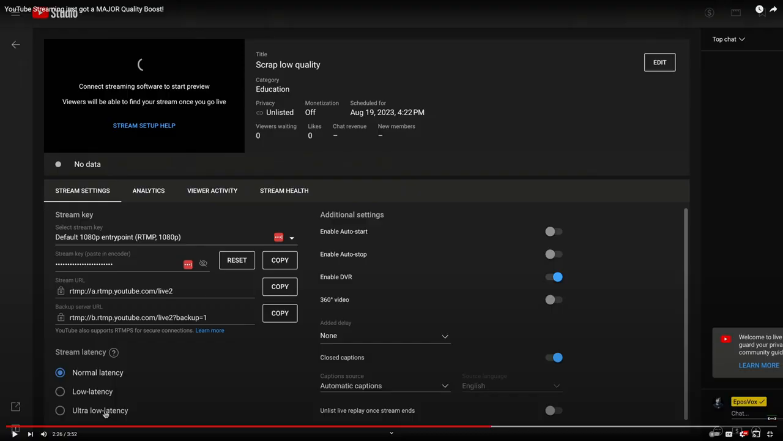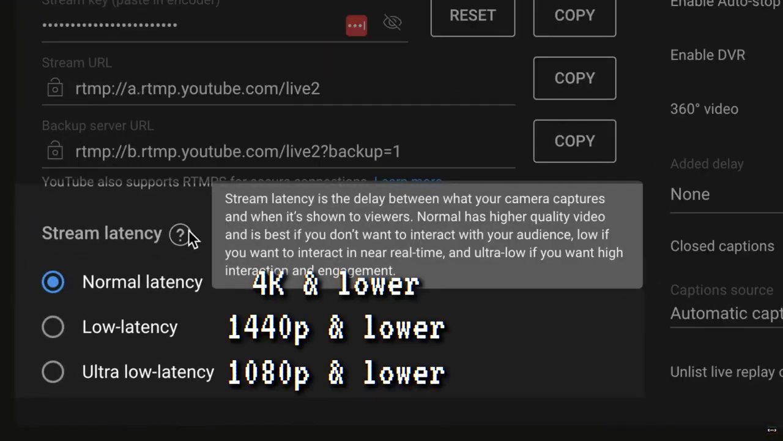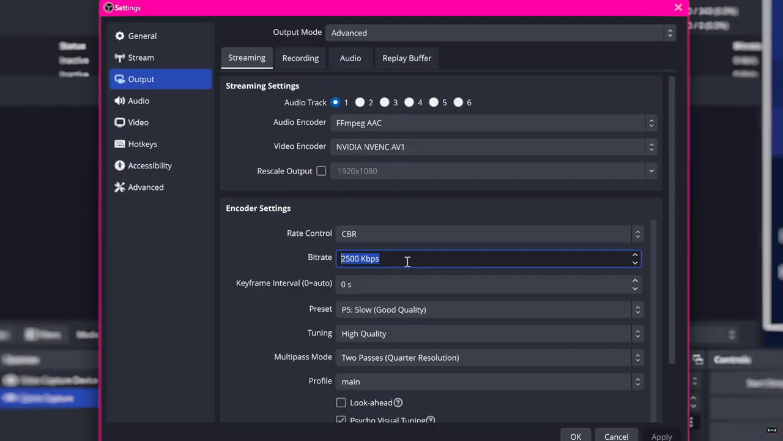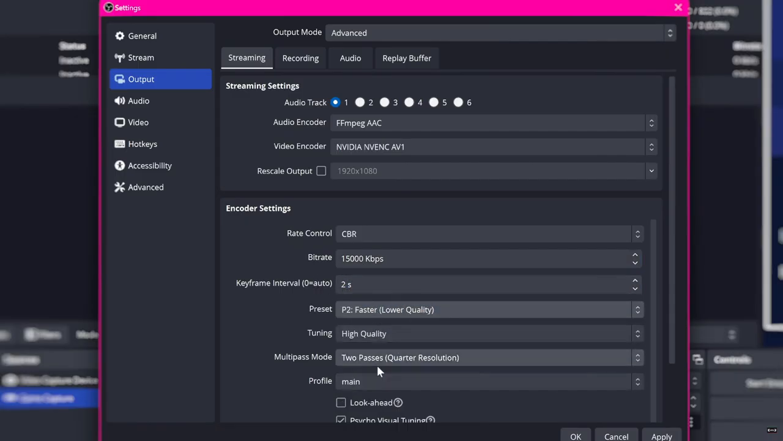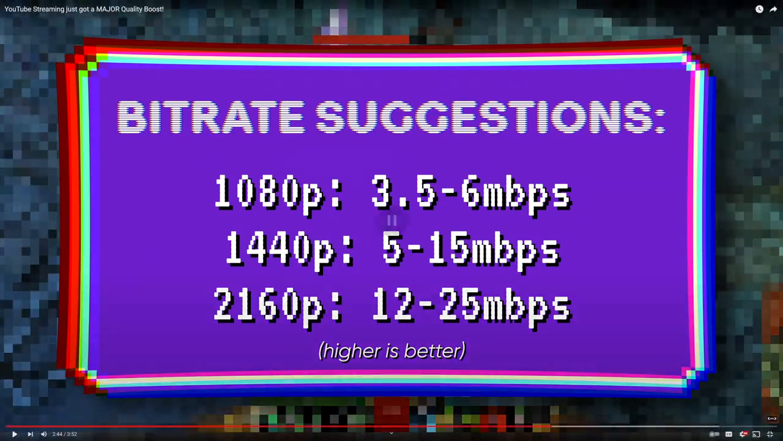But yeah. 4K, but they do work with 1440p. For bit rates, I recommend streaming 3.5 to 6-ish megabits per second for 1080p 60, though again, I recommend avoiding 1080p. Then 5 to 15 megabits per second for 1440p 60, and 12 to 25 megabits per second for 4K 60. Higher is